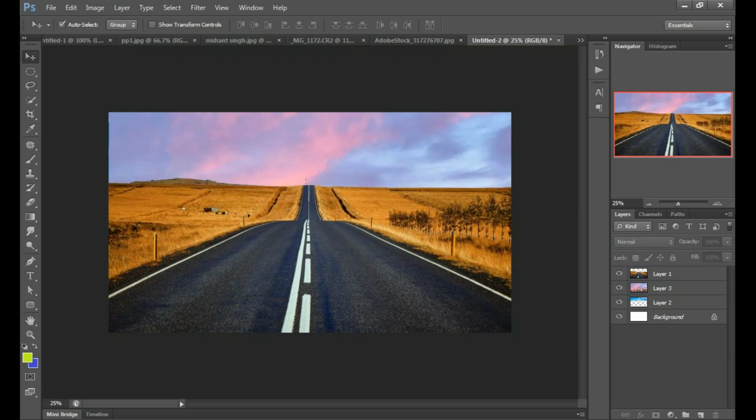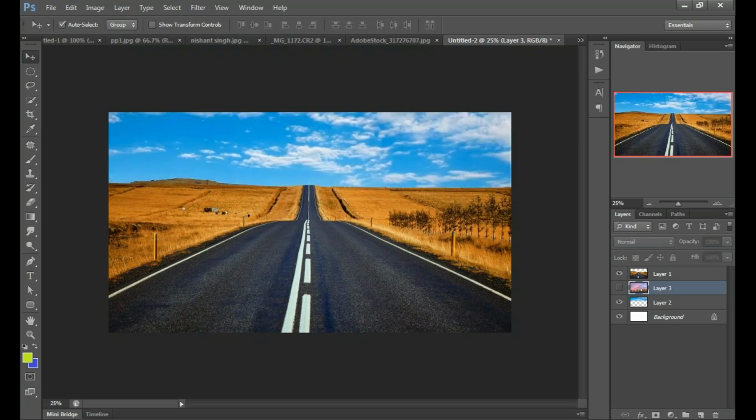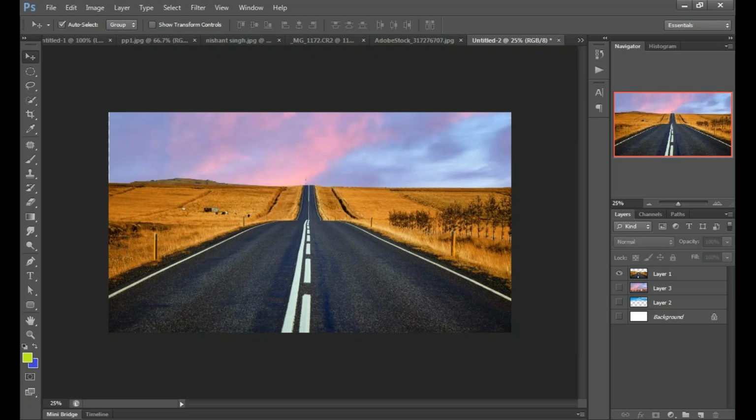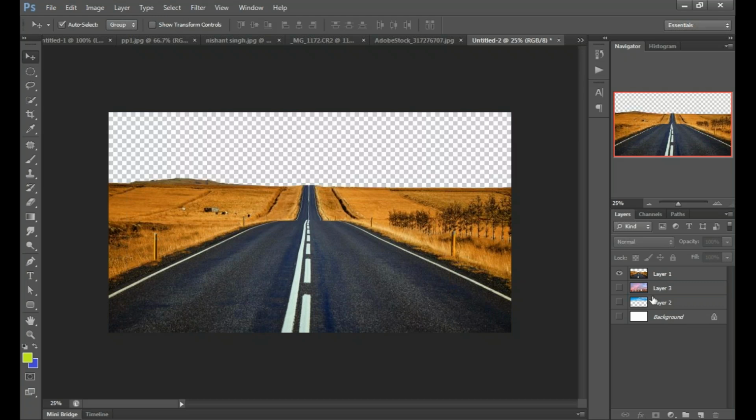Actually, in the second method, we don't use the layer mask. We just cut down the sky area, you can see here, in our image and put our new skies below the current layer. Just look at the layers panel.